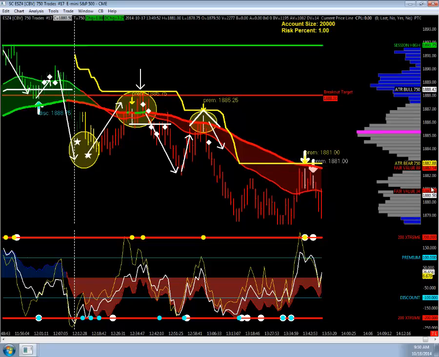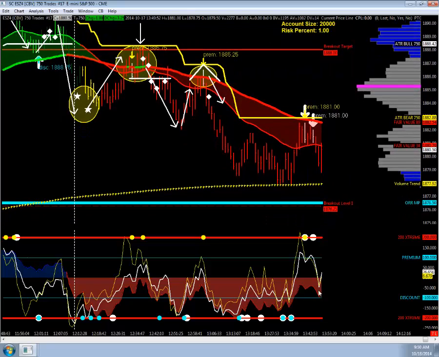And then just as a final continuation here, price, as you can see, continued certainly lower, reaching down to the target zone. In this particular case, it was down at the volume trend for the day at the 1877s. And then ultimately we got another series of premiums here that worked. But the anatomy here is primarily